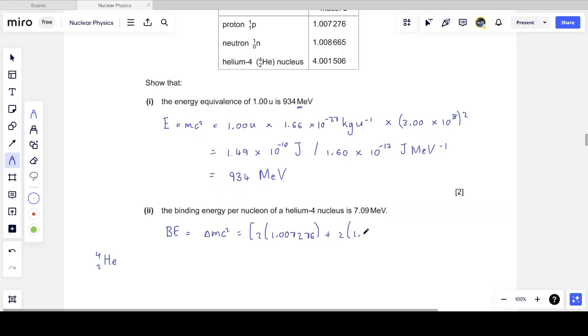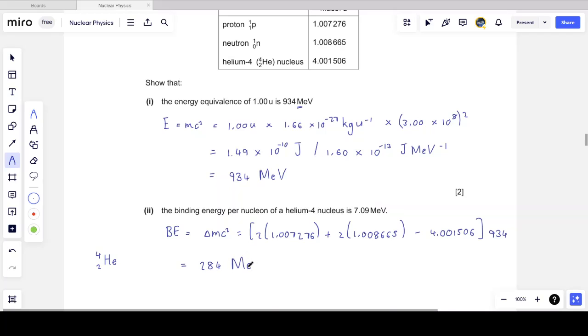That's 2 times the mass of a neutron, 1.008665, minus the mass of the entire helium-4 nucleus, which is a smaller number, 4.001506. So now that's the mass defect in atomic mass units. Now I need to multiply by the energy equivalent of 1 u, which is 934. So I multiply all of this by 934, and this will give me a binding energy in mega electron volts. So I get